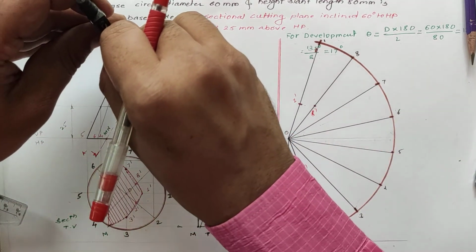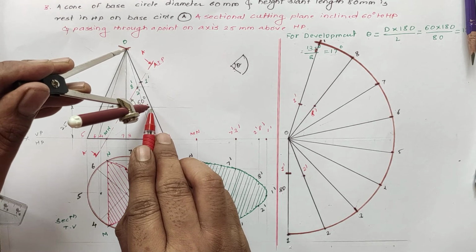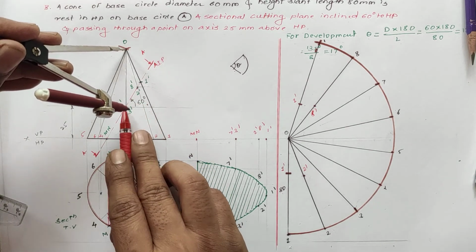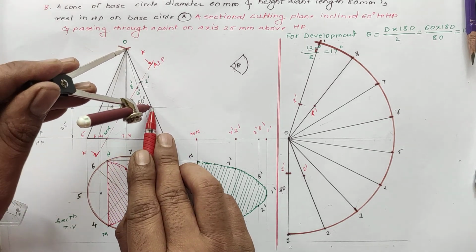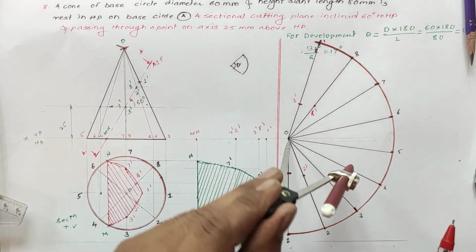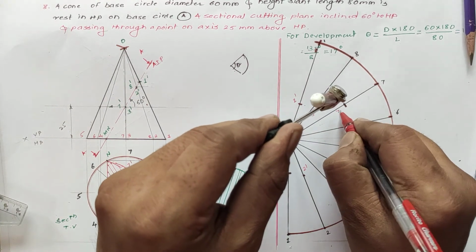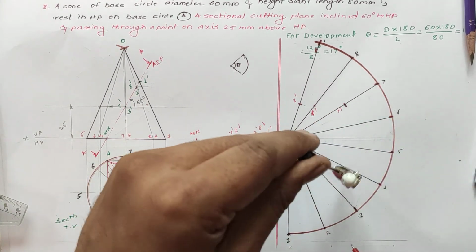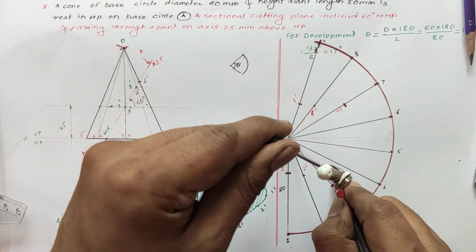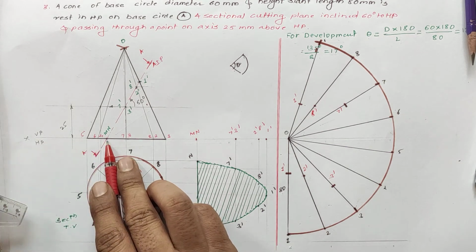Similar way, the next point from the O2, 7 dash and 3 dash, take this distance into the compass, transfer the 7 dash and 3 dash on the slant edge, take this distance into the compass and place the compass on O and mark on the generator, that is O7. On O7 we get the 7 dash, and on O3 we get the 3 dash, and finally the M and N points,